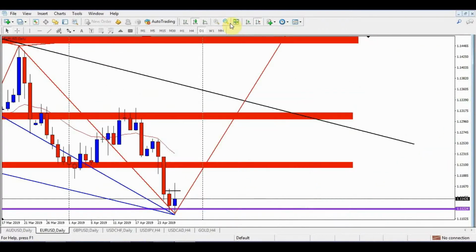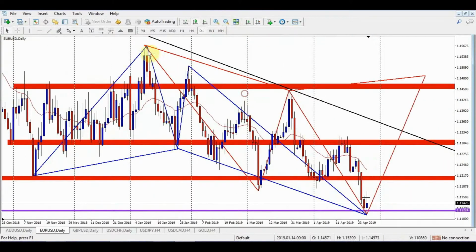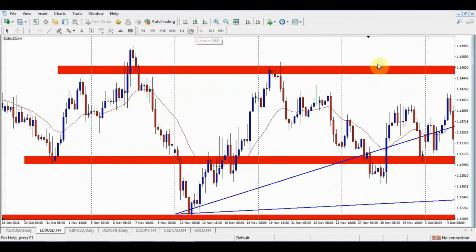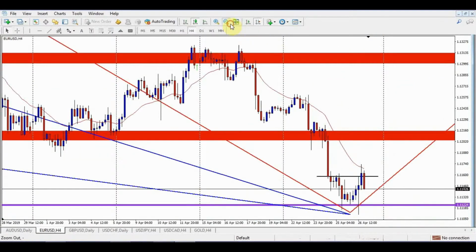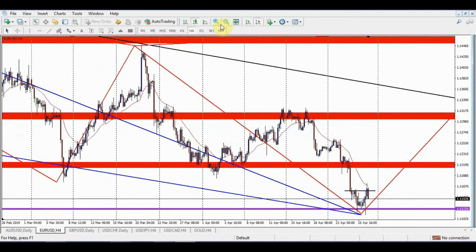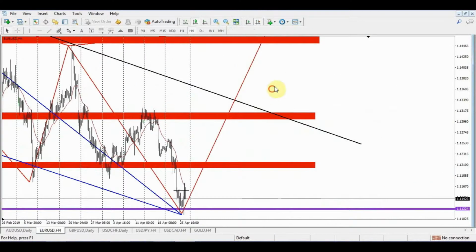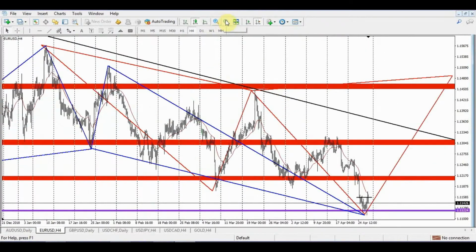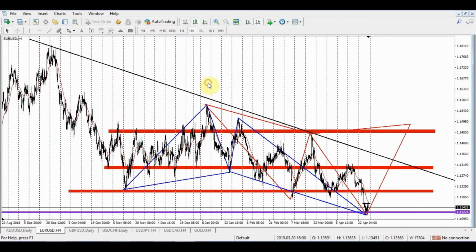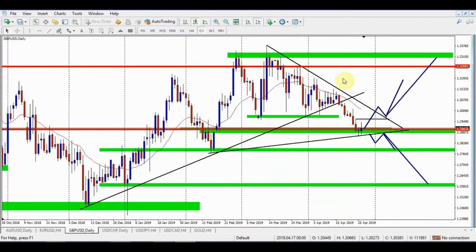Alright, so where am I looking at it to go? Basically I'm looking for an up move from these two patterns here coming together. The two of them can cancel out by price action, but I'm just looking for what I'm seeing here right now. Alright, so Pound USD,